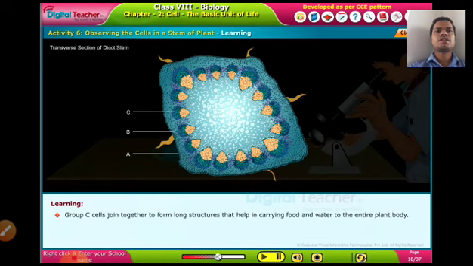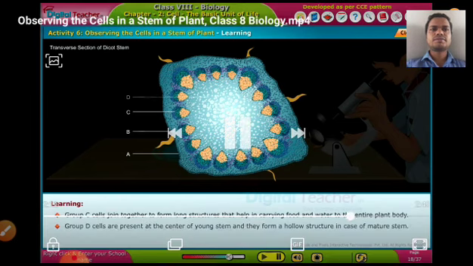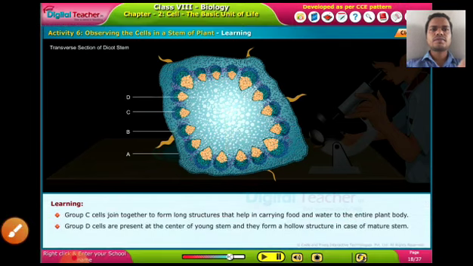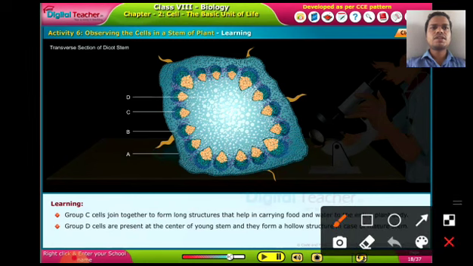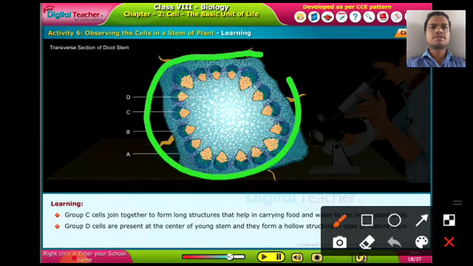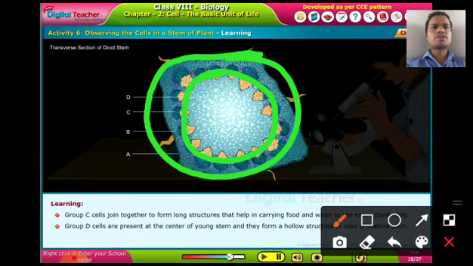Now here this stem was cut into some small pieces, and here you can see the different types of cells. Now let me explain. As you see here, the outer layer is very thick, and the inner layer is arranged with some small and special cells, very small cells, but they are very special. Inside this circle also two layers of cells are there. Now in the center different types of other cells are there.